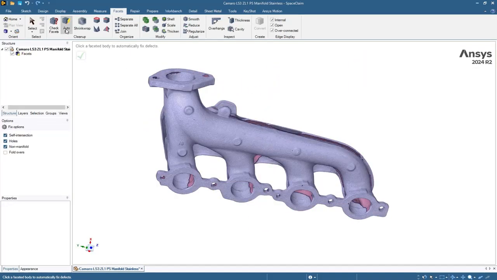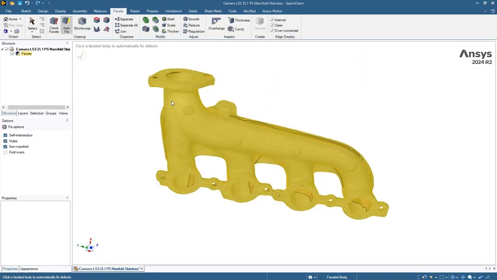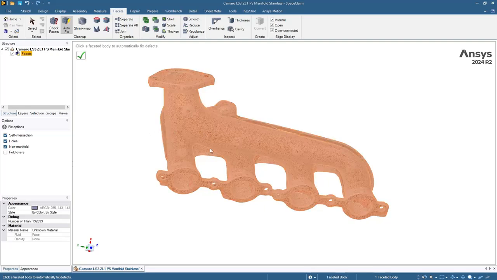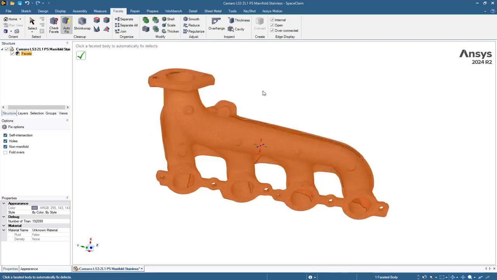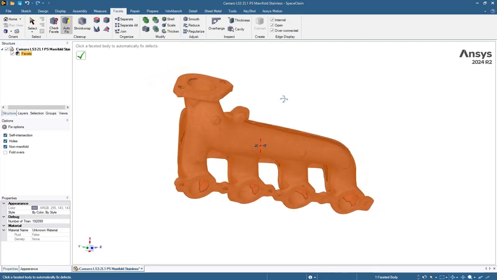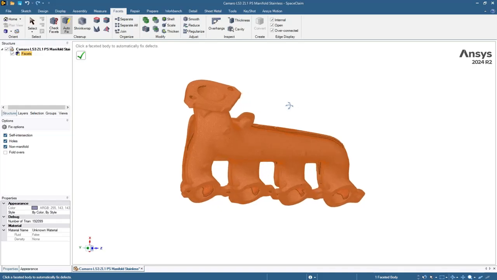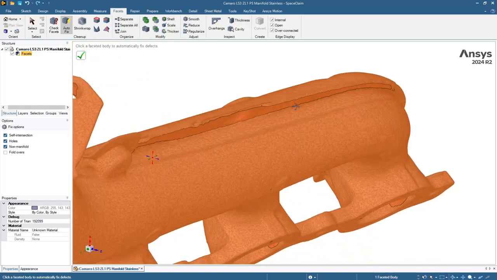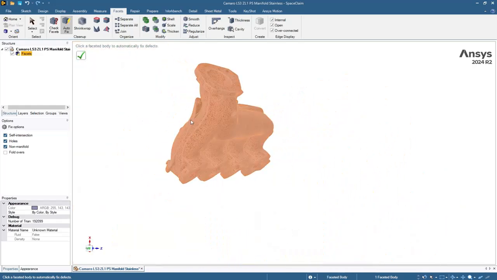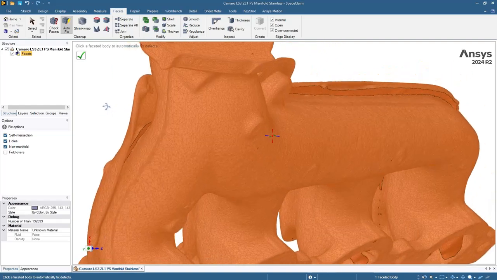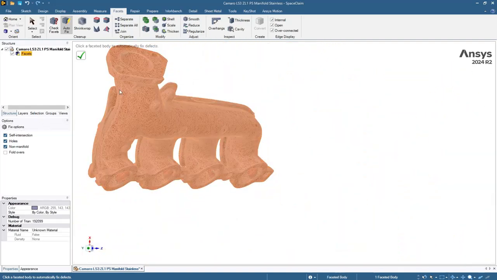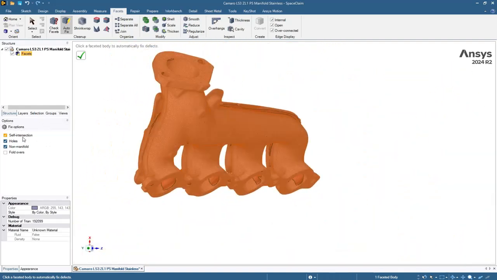AutoFix in the Facets tab is a one-click repair tool that automatically cleans common problems in STL faceted bodies, which are typically imported from 3D scanners or 3D printing workflows rather than from clean CAD. After you've run Check Facets and seen the errors, AutoFix uses the Fix options on the left to decide what to repair. With self-intersection enabled, it alters or removes triangles that pass through each other so the surface no longer